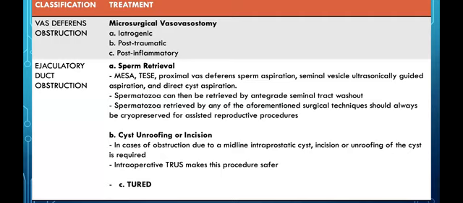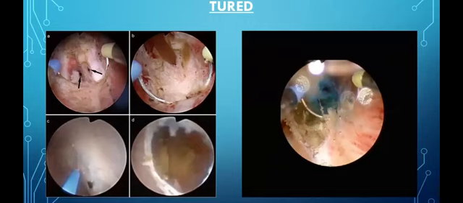Ejaculatory duct obstruction, so one can do sperm retrieval techniques that we've discussed. If a cyst is obstructing, then one can do either cyst deroofing or incision of that cyst. This can usually be done transurethrally with intraoperative TRUS, just to identify your anatomy, and then transurethral resection of the ejaculatory duct. So this is where, again, I mentioned injection of the indigo carmine into the seminal vesicles, transrectal ultrasound guided, and a scope is passed. Identify your openings of your ejaculatory duct, or where you would suspect them. And then once you start incising, one should have this kind of gush of blue coming out if you've actually made those ejaculatory ducts patent.